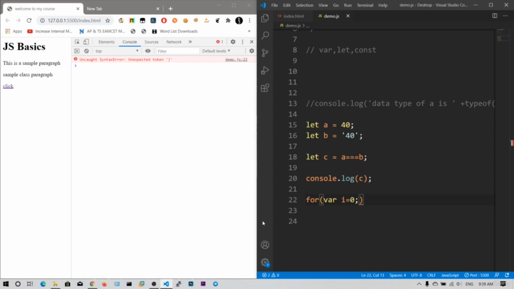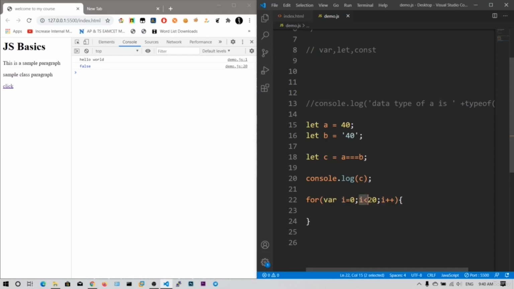For i = 0, i < 20, i++. So what this means is, first we are declaring a variable i = 0,